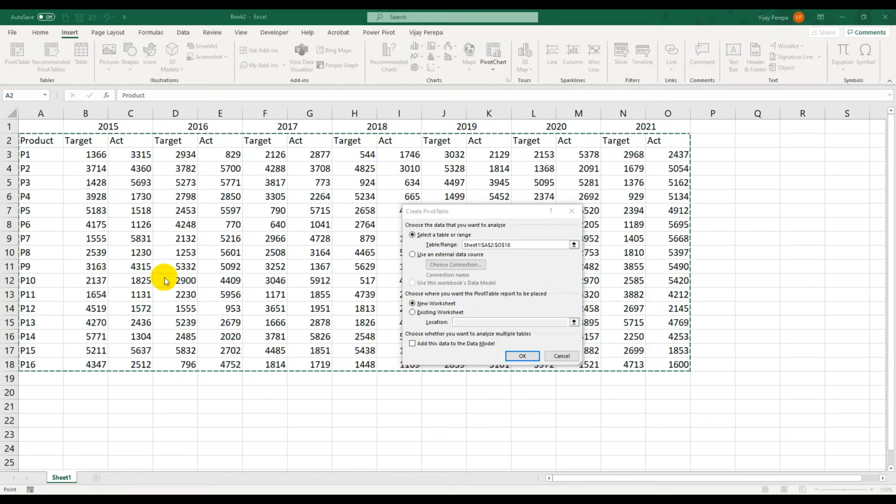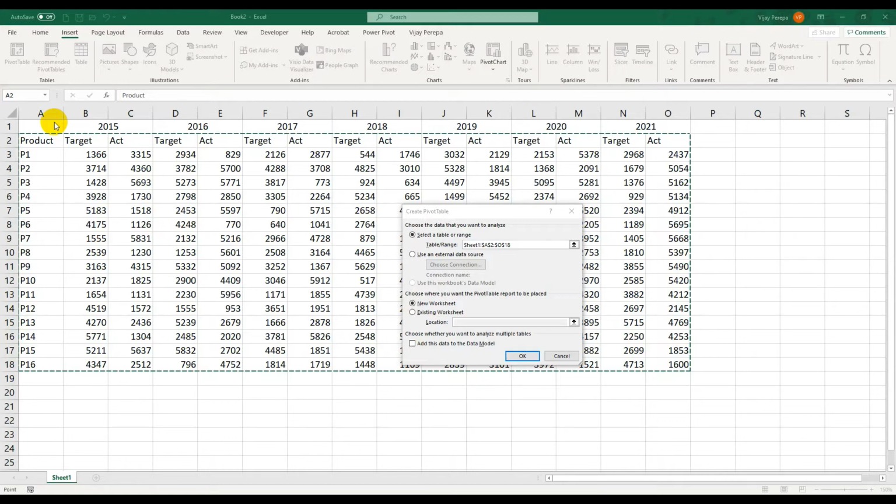If you look at this, the selection is not considering the year row. That means you are losing the data if you create this pivot table. Else you need to go to each cell and unmerge the cell, fill the cell completely, and then only you will be able to create it. But again, this cell will have again blank or product. So it's a duplication. So you will not be able to create a complete pivot table.